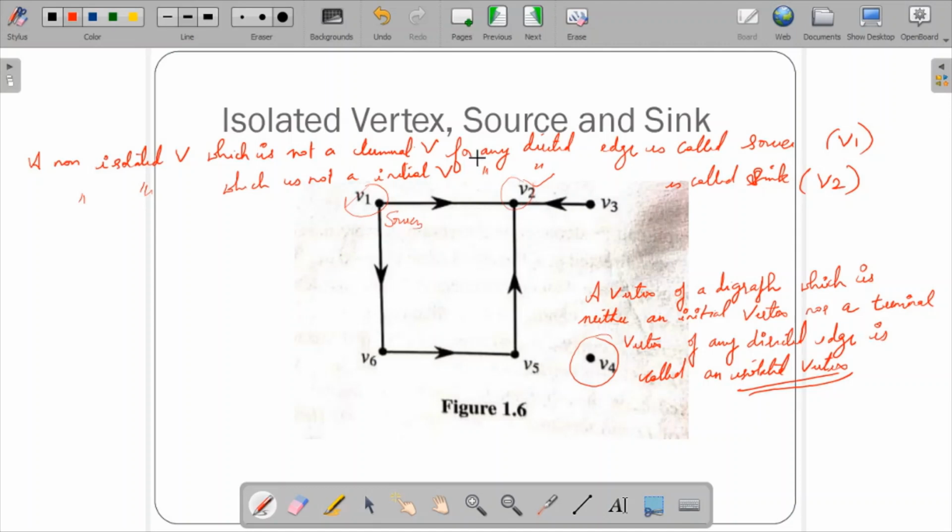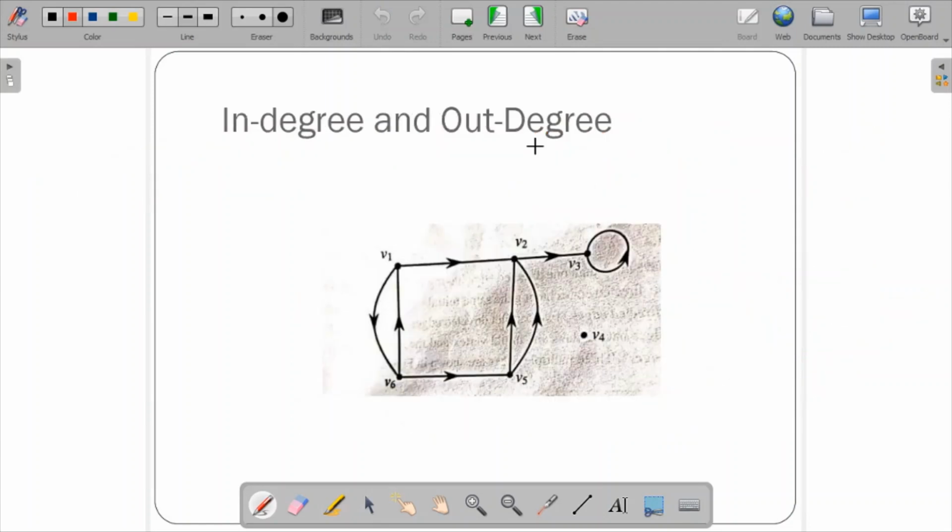So this is regarding the definitions of the isolated vertex, source as well as the sink. Next, let us see the concept of in degree and out degree.